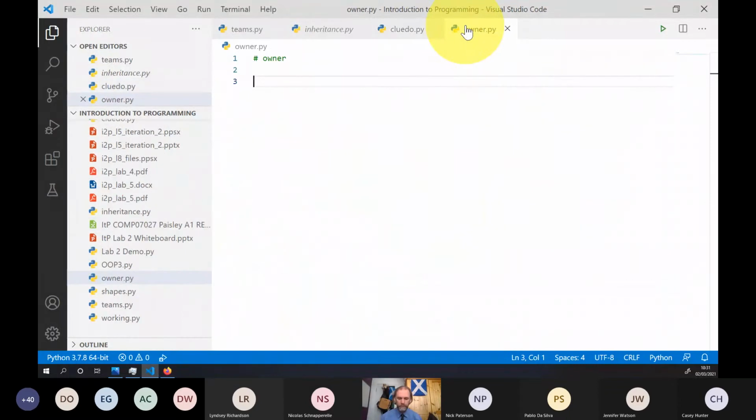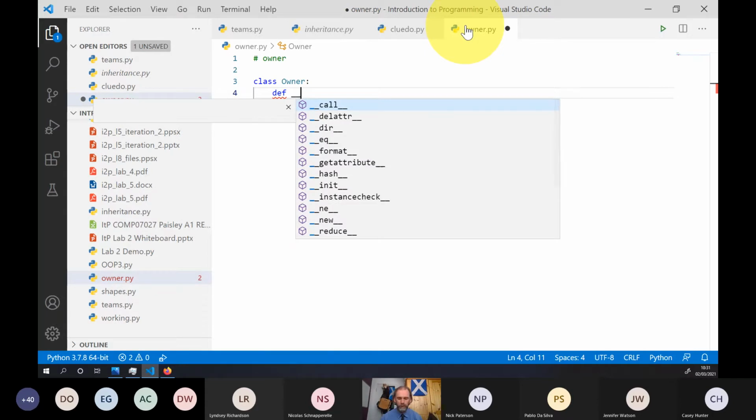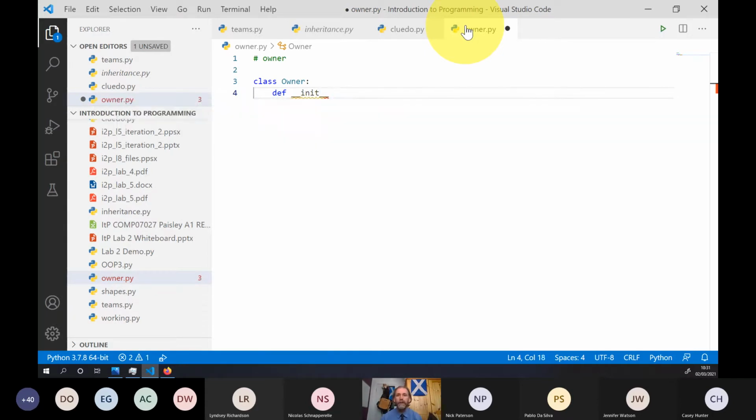Okay, so I'm going to do a similar thing. I'm going to create another class called owner. I'm going to create something similar to the one that I spoke about earlier for the DVLA.